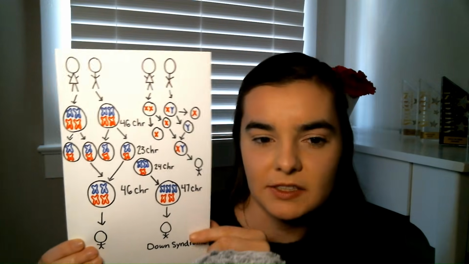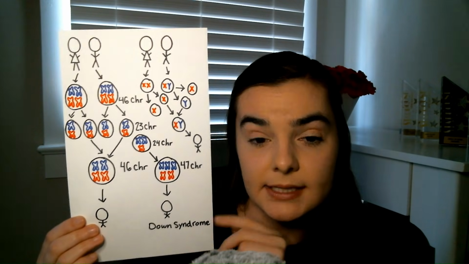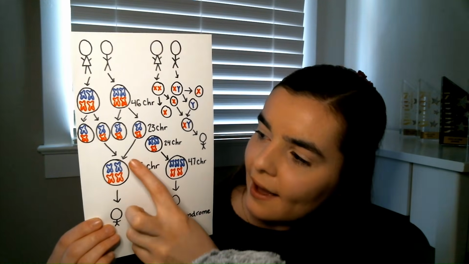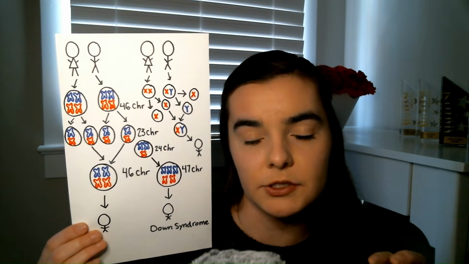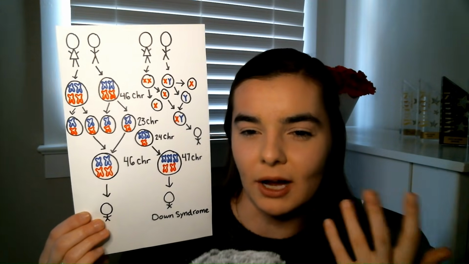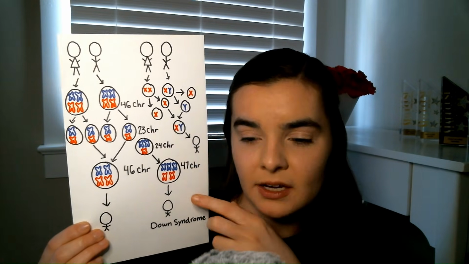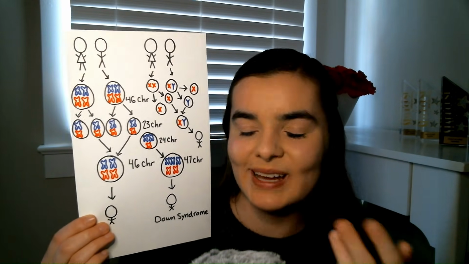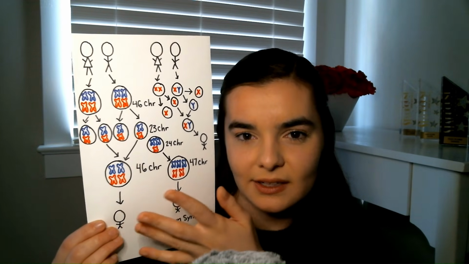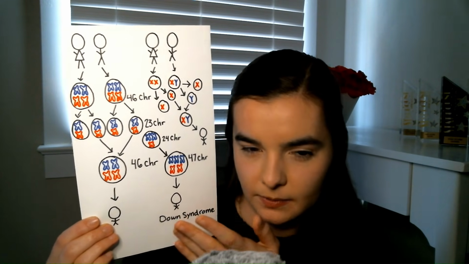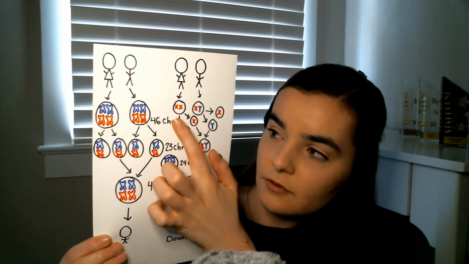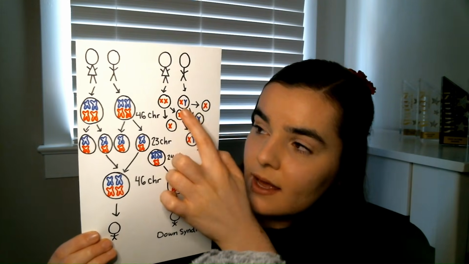But this here is basically just showing the same thing for sex chromosomes. So you have 22 pairs of autosomes, like body chromosomes, that are the same between men and women. We each have 2. But then you have 1 pair of sex chromosomes. So 22 times 2 is 44, and then the 2 sex chromosomes that you have makes 46, right? Okay, so women have 2 X chromosomes, and men have an X and